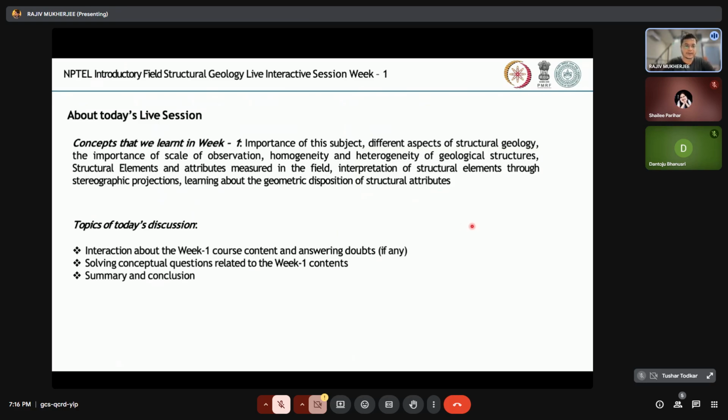About today's topic of discussion, we will be mostly having interaction about week 1 course content and answering doubts if any, solving conceptual questions related to week 1 contents, and finally summarizing and concluding today's discussion session. So we will be solving some numerical and conceptual problems. There are a few, and there is another 1.5 hours to actually look into these problems that I have collected and